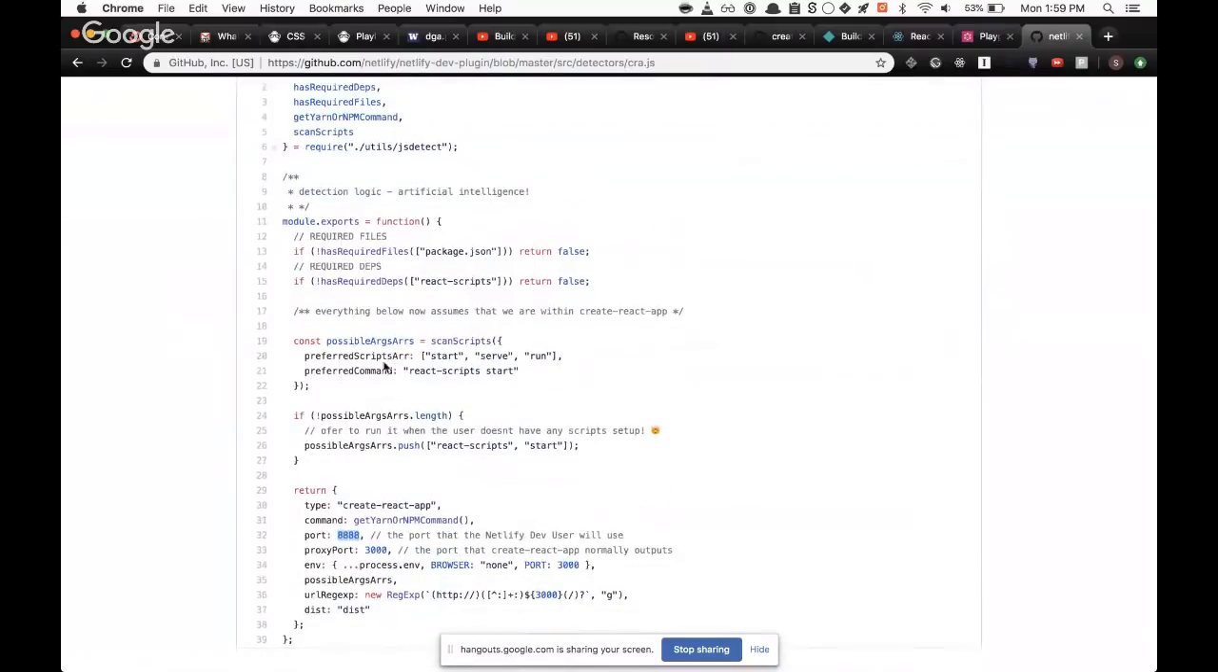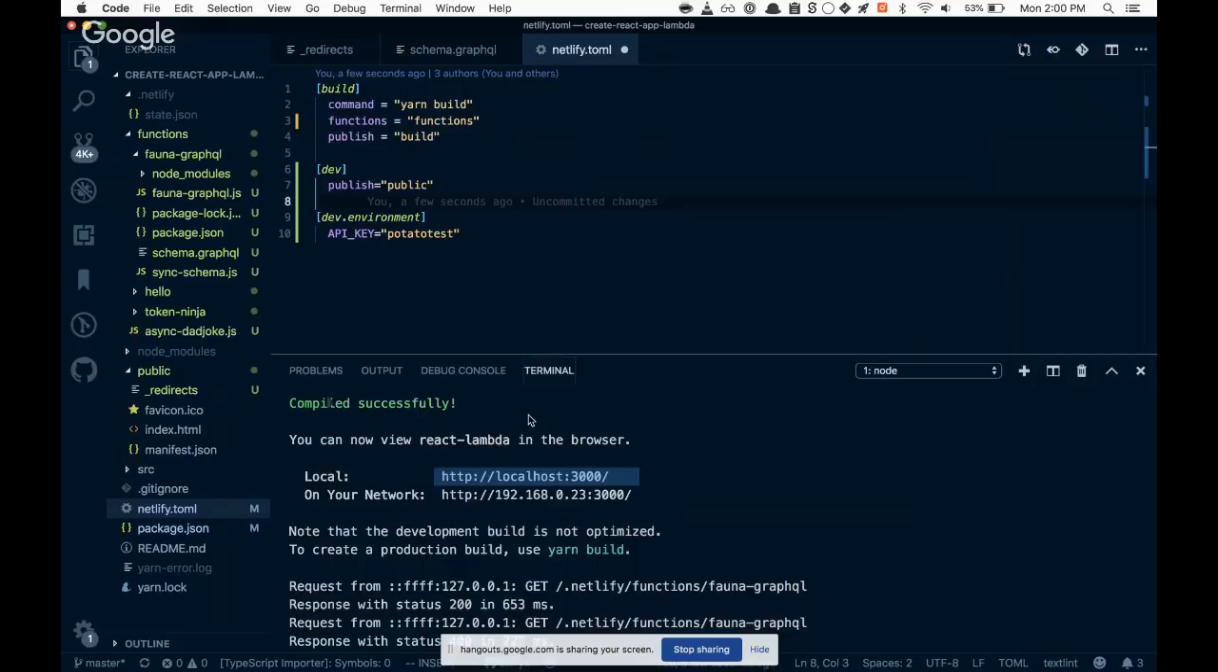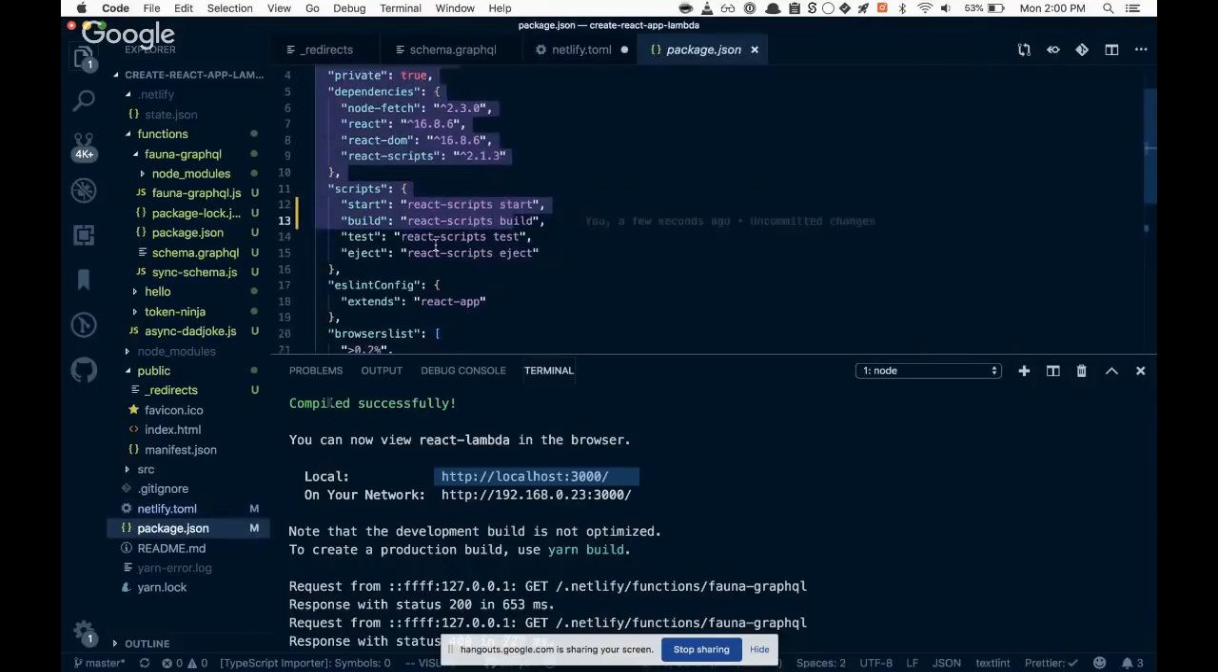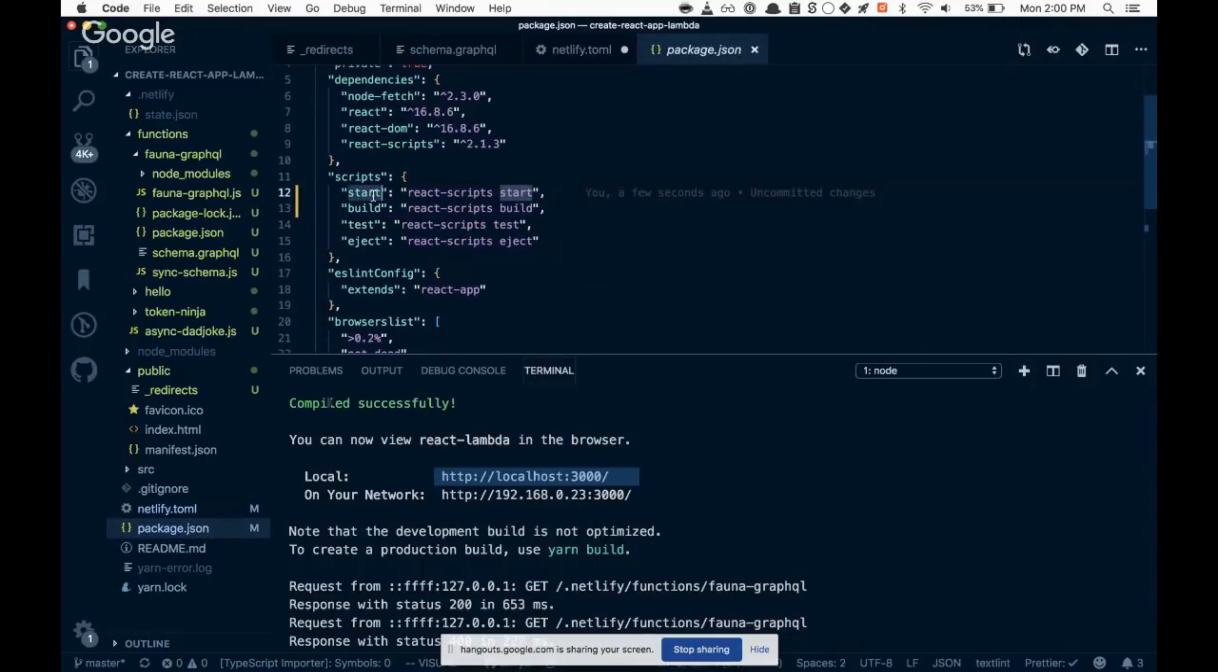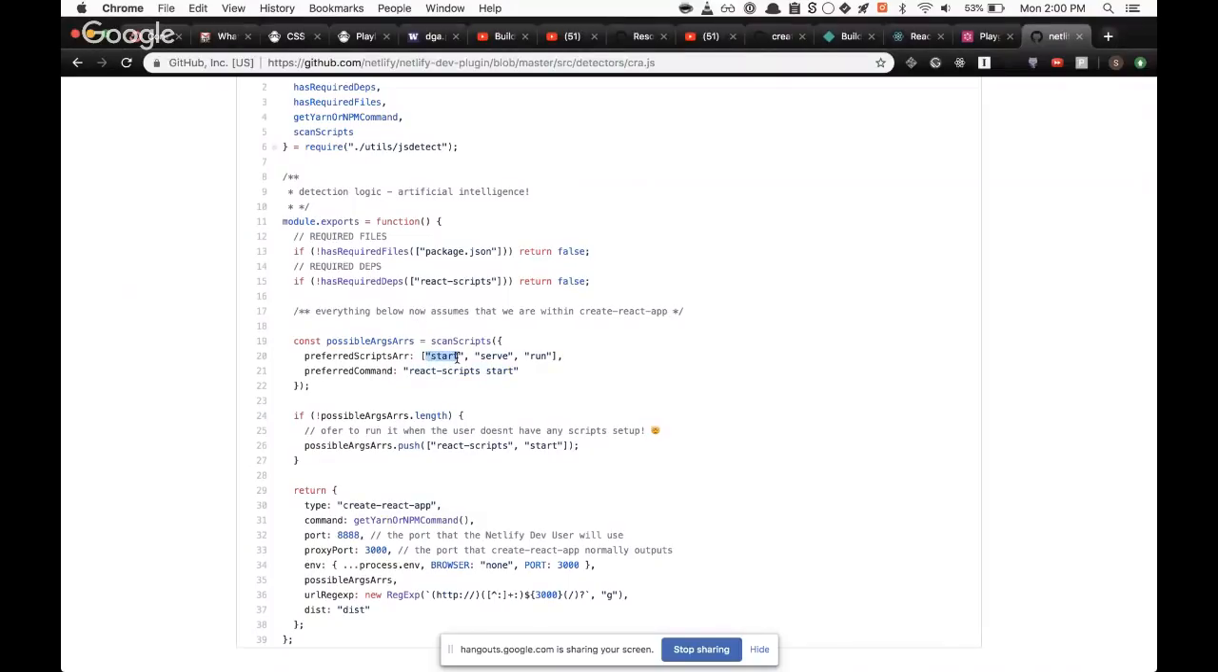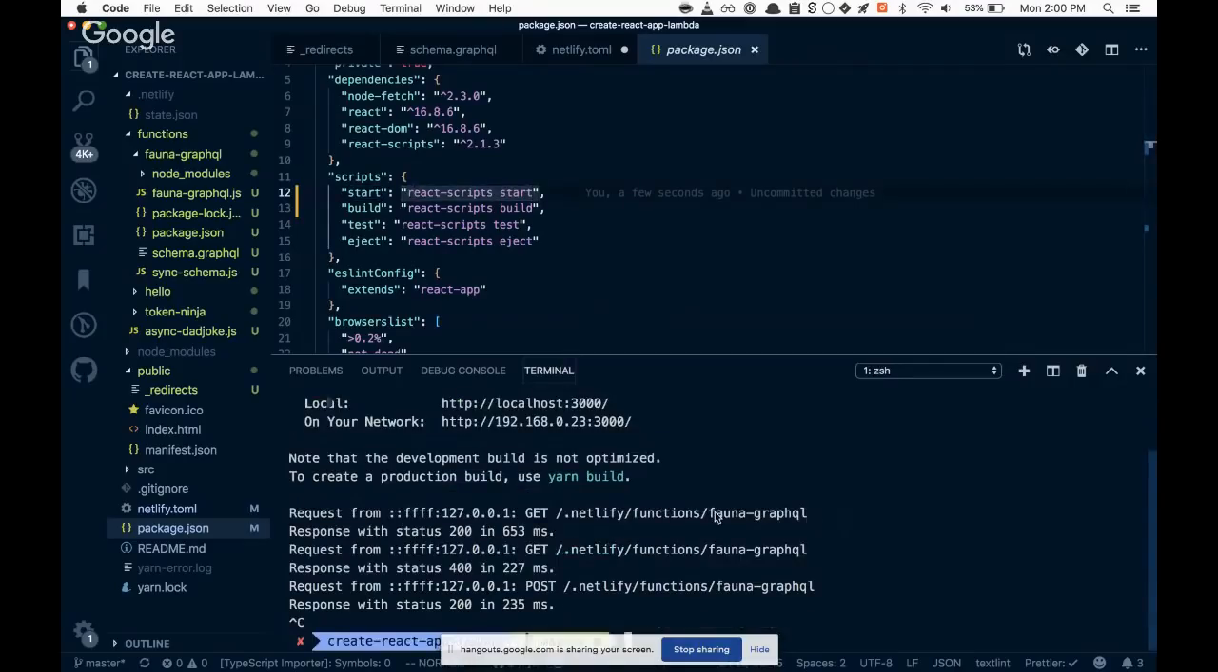And then we'll look for scripts that start with the start script, serve script, or run script, or they'll have something like React-script start in them. So in here, it matches start. I'm going to just run that, and I'm just going to ignore everything else. But even if I did not have any of these scripts,